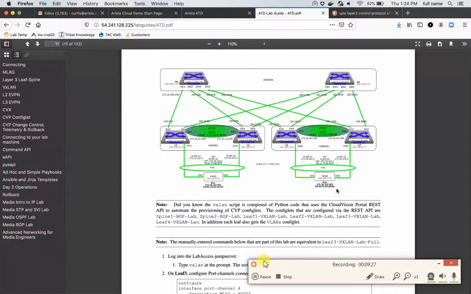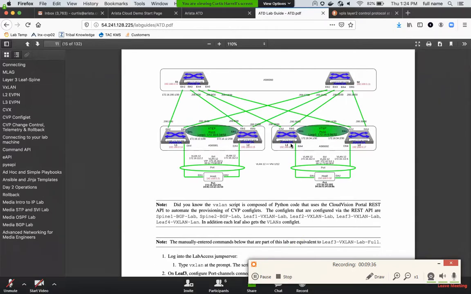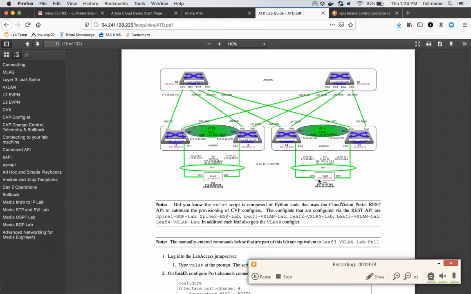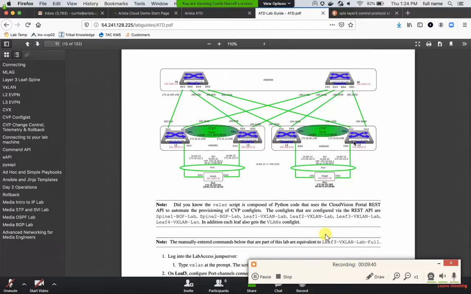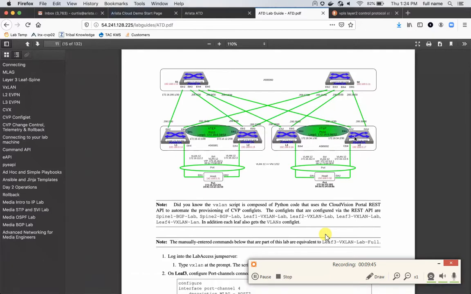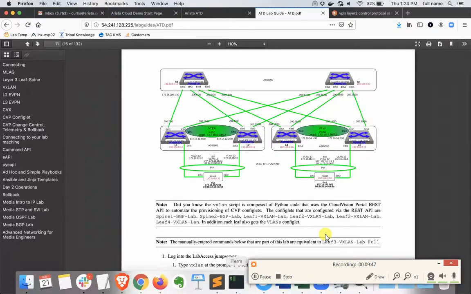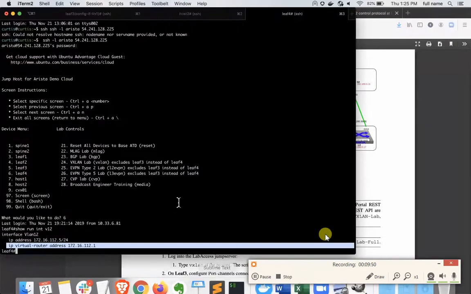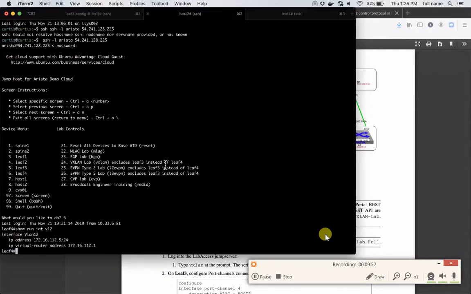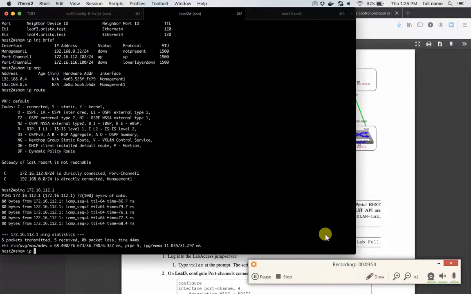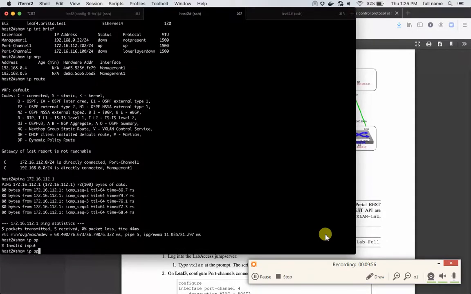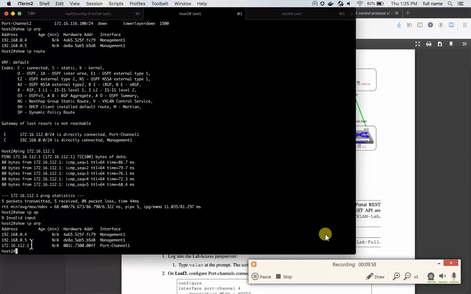So from a host perspective, you have redundancy. Whatever link they use to send traffic, if it hits the left side, they'll hit their gateway of .1 and route accordingly. And likewise, if they come up the right side, they'll hit their .1 gateway and route accordingly there as well. So now on my host, I know where